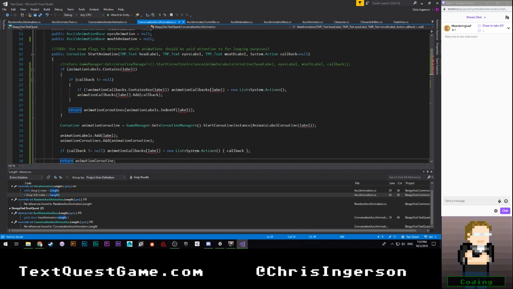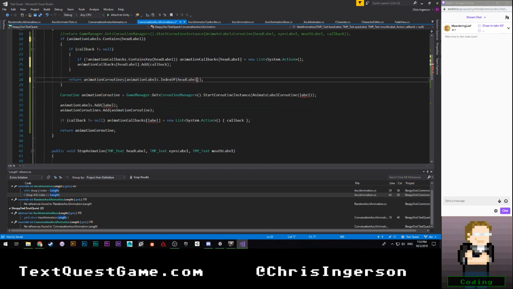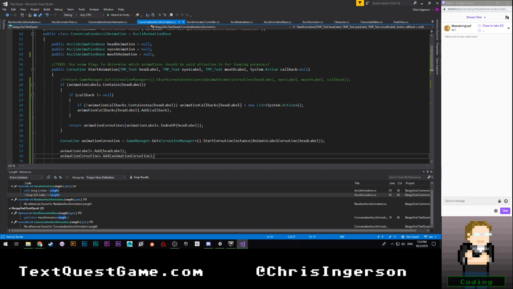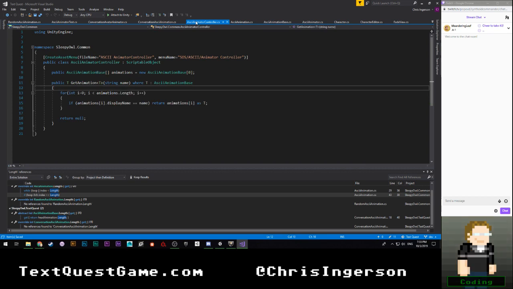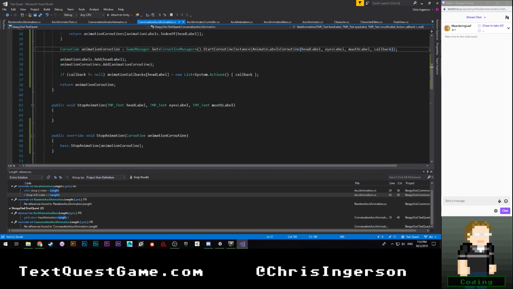Okay. So head label, head label, head label. Okay, and this is going to be this whole thing, which should be fine, actually.